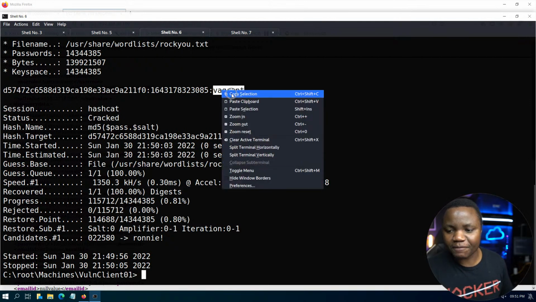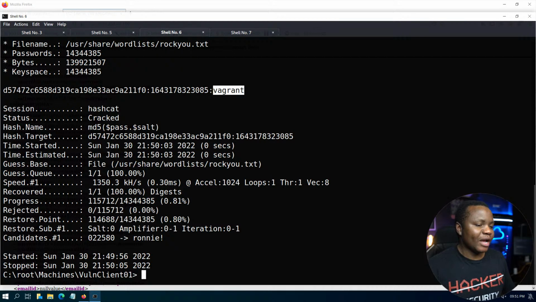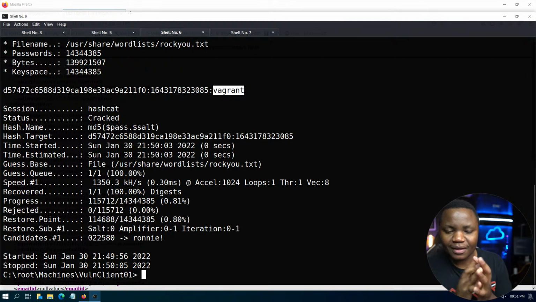But we have a password: vagrant. What do we do now? We have a local user. You should have tried all of them, of course. I'm just cracking one. We have a local user, we have a password. Well, we need to sign in. This brings us back to our results,